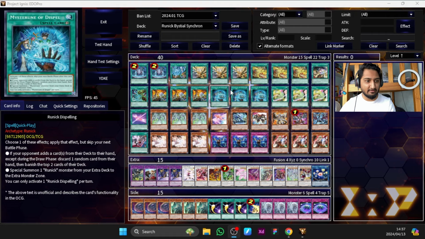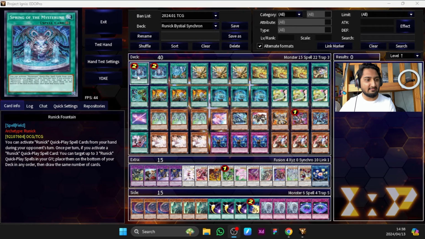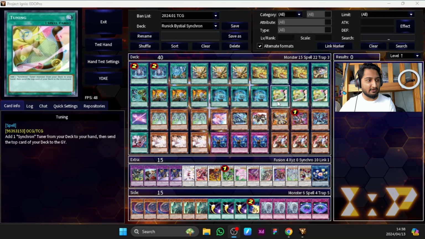Slumber is actually very good. I would actually play this at 3 over this, but I only have 1. The whole point is, of course, to have at least 17 to 18 runics so you can see the amount you need and then still have enough to make your fountain go plus. Yeah, so I play 17, and then of course to get to your synchro engine you have to play 3